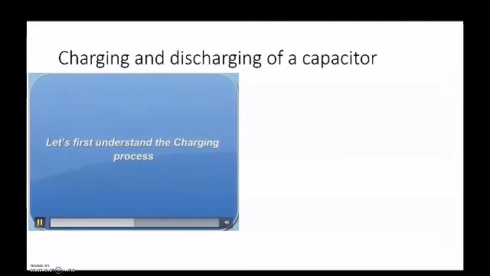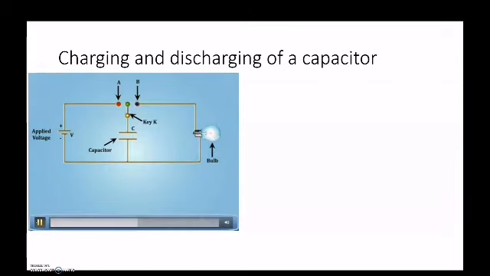Let's first understand the charging process. When we connect the key K in position A, the capacitor is connected to the power supply and current flows through the